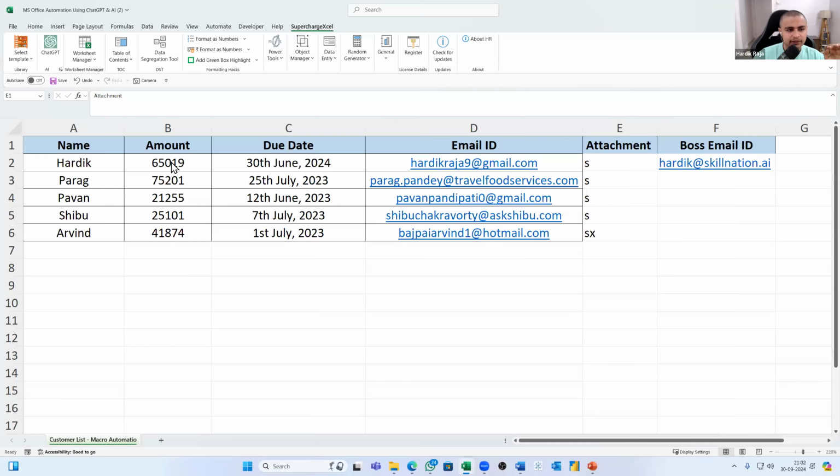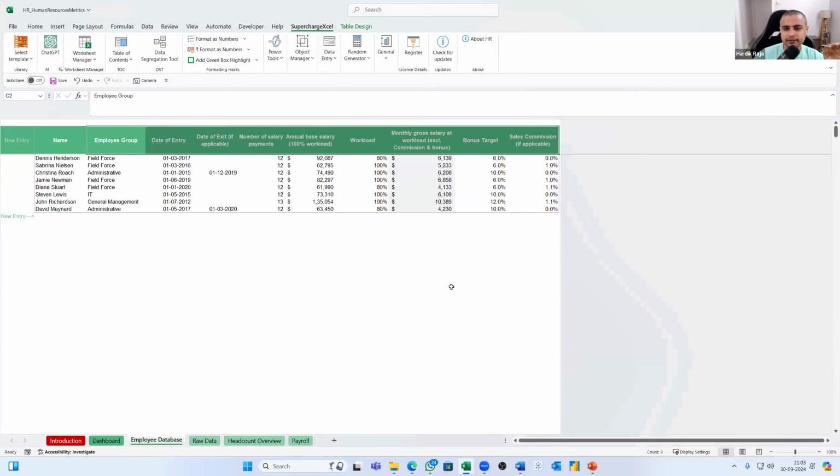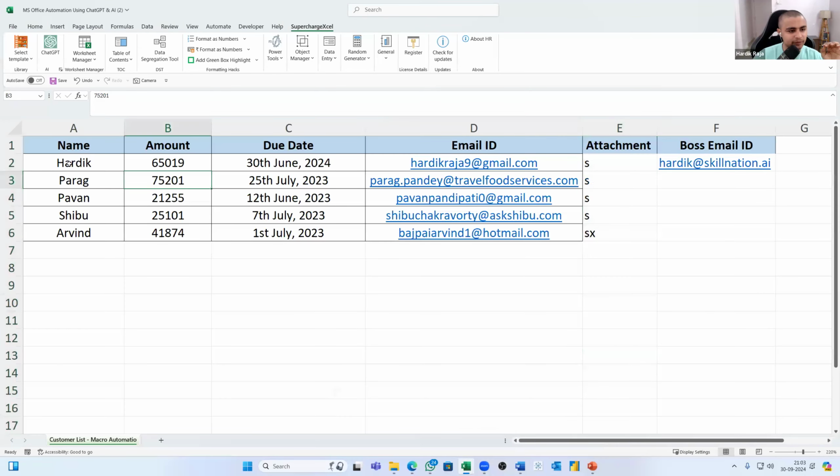See this, Suman. Just a sec. What has actually happened? Let me close this. Suman, see this. This is the answer for you. Let's say I want to create these 5 folders. One folder for Hardik, one for Parag, one for Pawan, one for Shibu, one for Arvind. So go to Superchat Excel. There is a button which I've added in Superchat Excel, which is